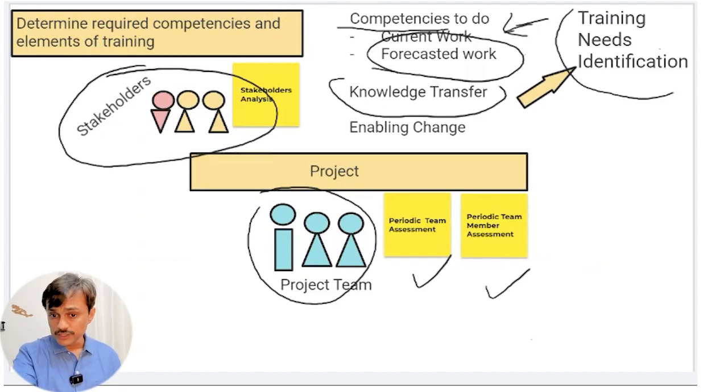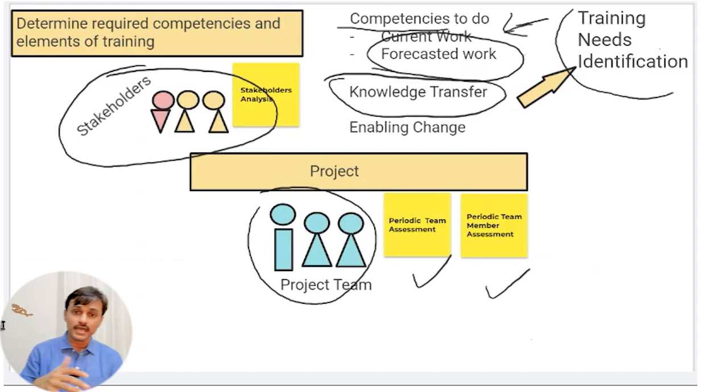One is knowledge transfer. We may ensure that people have a common understanding about what we are doing, to mitigate the risk of a single point of failure. If you are aware of PMP language, they say you should not have a situation where only one person can do the job and others are clueless about it. So we may need to organize knowledge sharing and training sessions as a training need identification for the purpose of